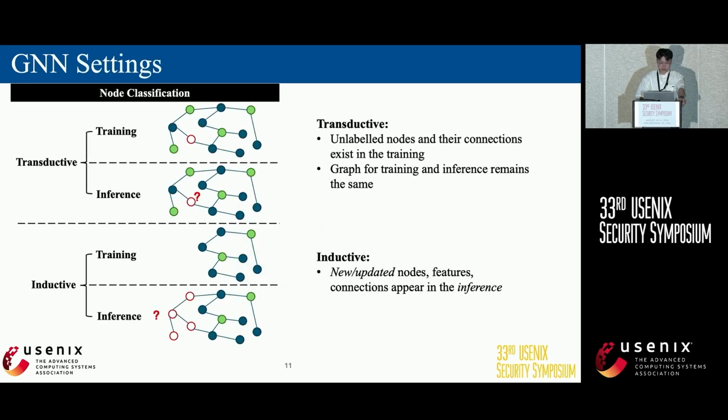After we talked about the GNN and node classification, let's talk about the two unique settings of GNNs, transductive and inductive. The transductive setting means the training graph contains both the labeled nodes and the unlabeled nodes, and for inference the client inquires the node's ID and retrieves the node's label. The inductive setting means the training graph only contains the labeled nodes without knowing the unlabeled nodes. The inference will require the model to run the prediction on the updated graph or newly updated edges before predicting the node's labels.